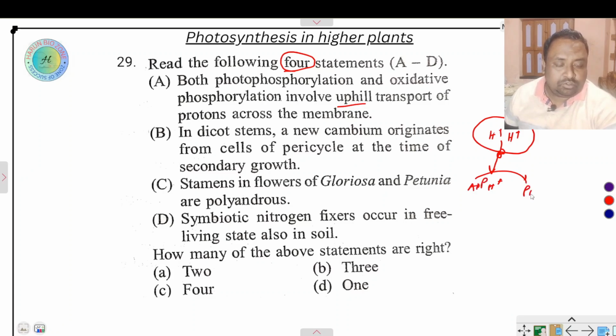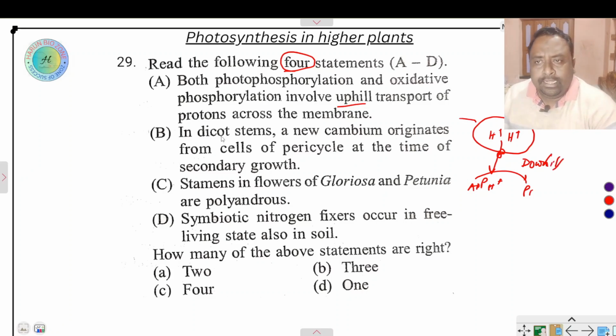So here it is downhill transport, called downhill transport. In dicot stem, a new cambium originates from the